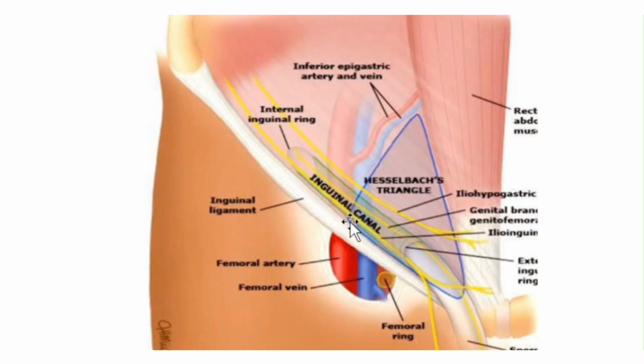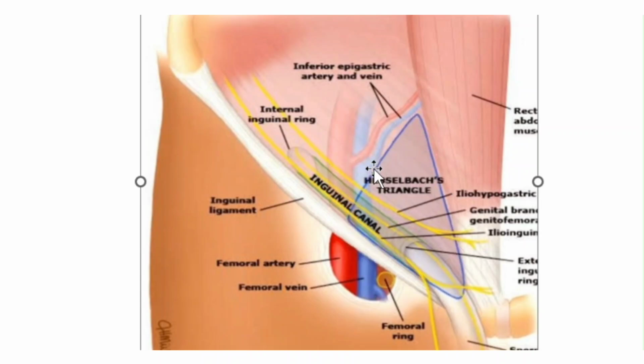Now, let us consider this inferior epigastric artery. The deep inguinal ring lies lateral to the inferior epigastric artery. Now, the indirect inguinal hernia, it enters through the deep inguinal ring, passes through the inguinal canal, and then exits through the superficial inguinal ring and then goes down into the scrotum. But the neck of this hernia lies lateral to the inferior epigastric artery, as the deep inguinal ring lies lateral to it. Now, coming to the other type of the hernia, that is the direct inguinal hernia.